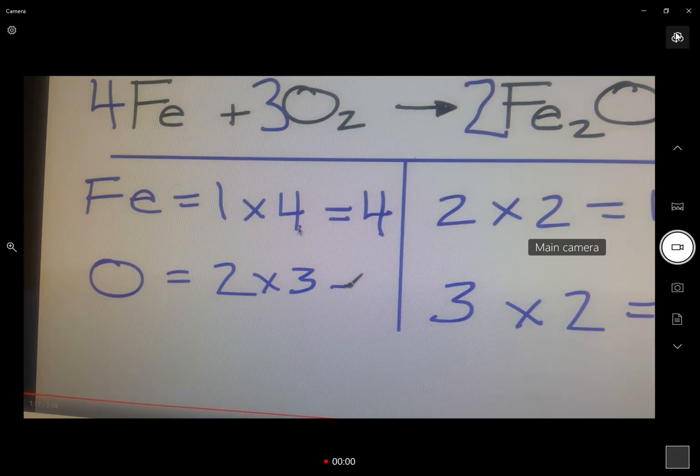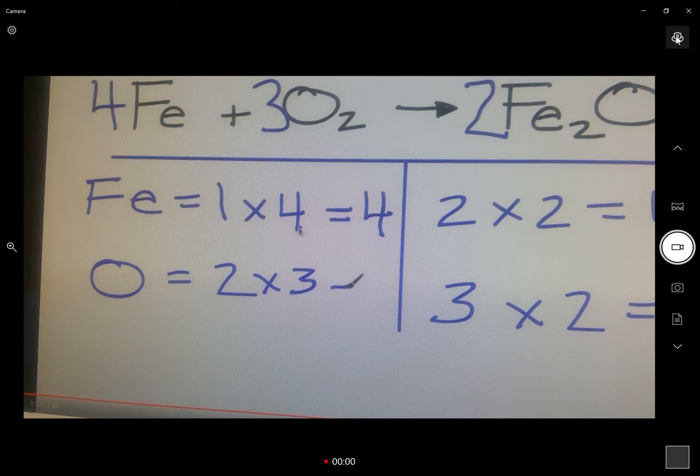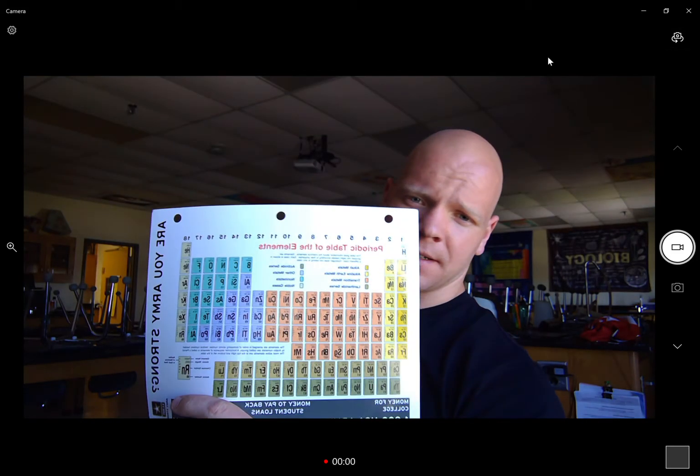It's in grams, and this ratio you see over here is going to be our molar ratio. So we have to transform that to moles. How are we going to do that? You've got to get out your handy dandy periodic table and look at iron, which is sometimes referred to as ferrous. That's why it's Fe. If you take a look at Fe on your periodic table right here,